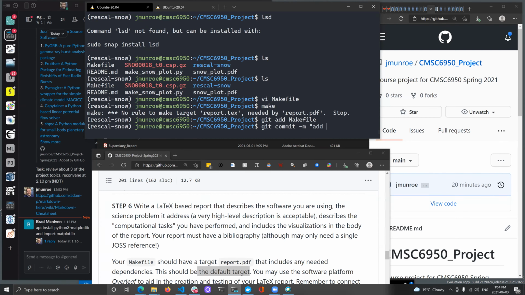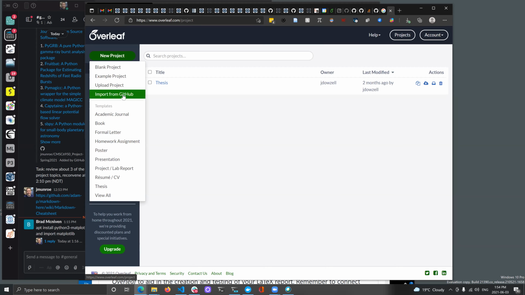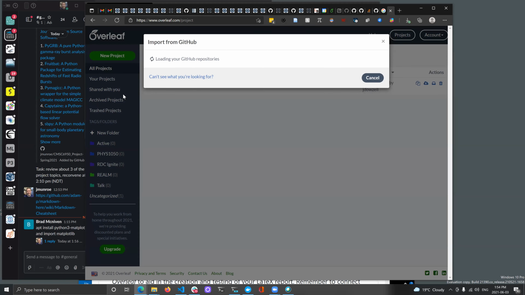Go ahead and create a new project, but in particular, take that project and import a project from GitHub. I want you to link your Overleaf account with your GitHub account. Now you might need to go into account settings and set this up. There'll be some sort of validation, GitHub integration. You're going to have to link that in so it knows about it. But if you go to new project and you say import from GitHub, it'll give you a list of